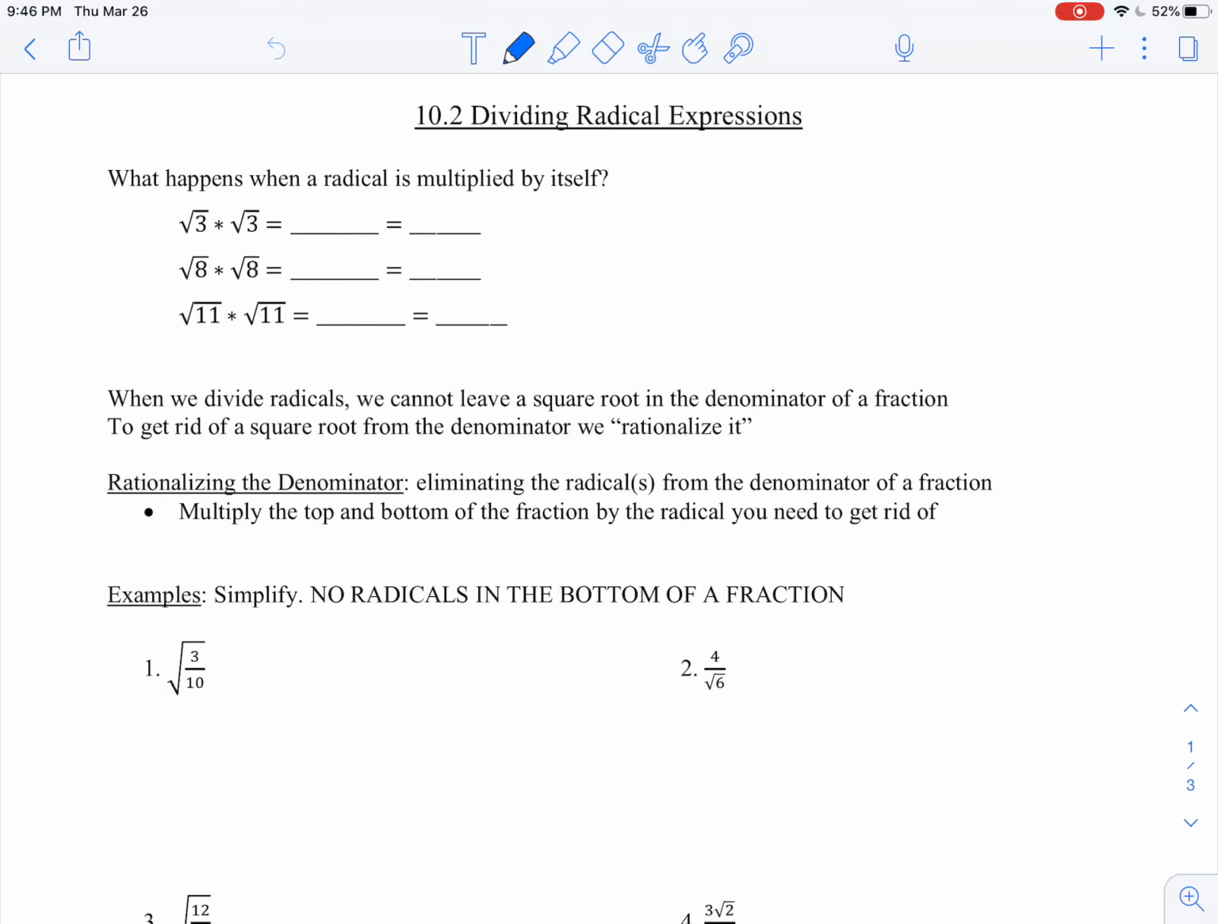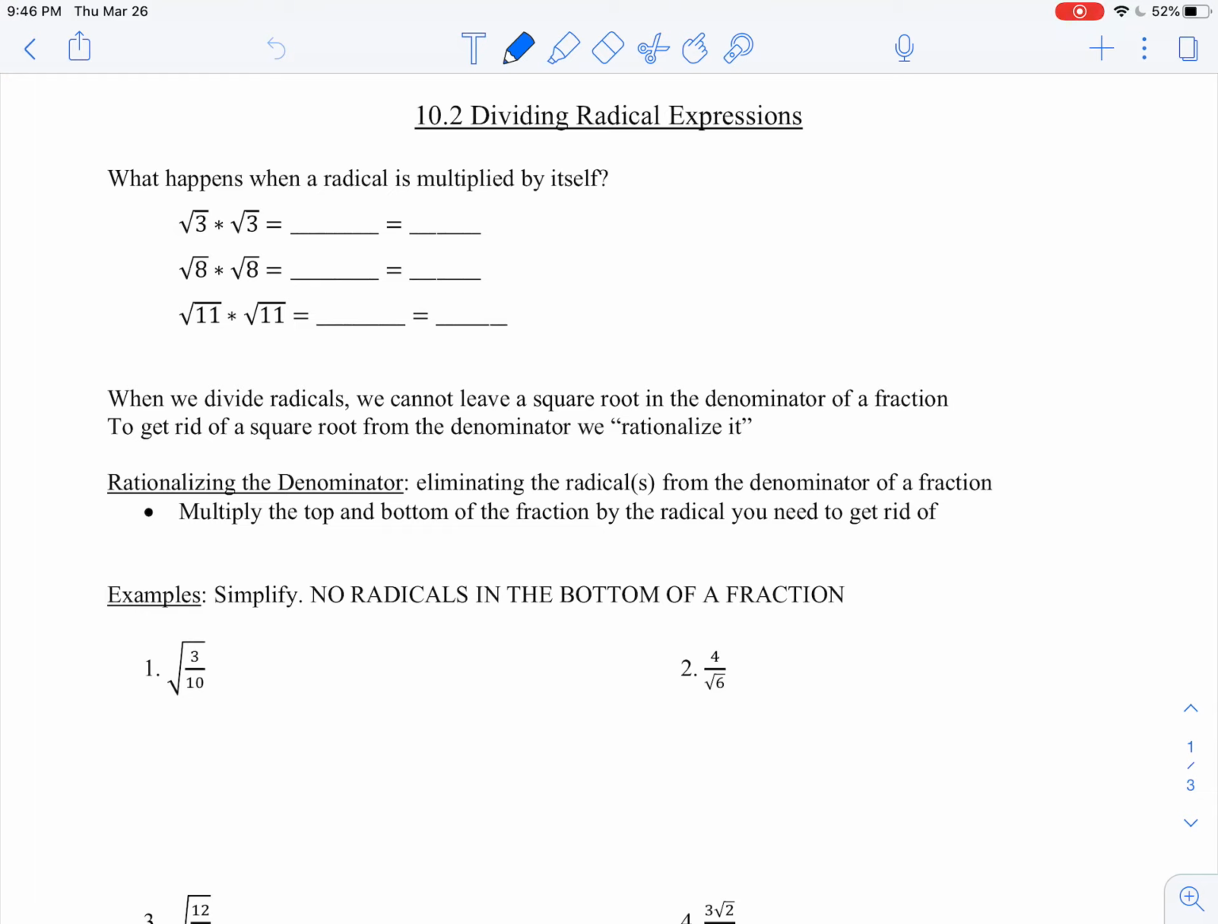Hello, today we're going to look at dividing radical expressions. Before we get to dividing, one quick concept that we all need to make sure we know is what happens when a radical gets multiplied by itself. If you take a look at the three questions up at the top of the notes, let's look at what